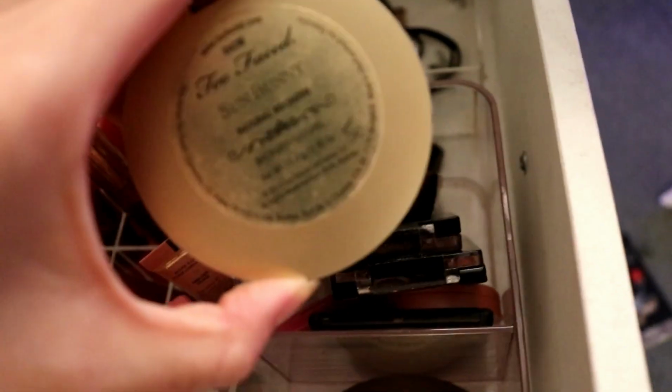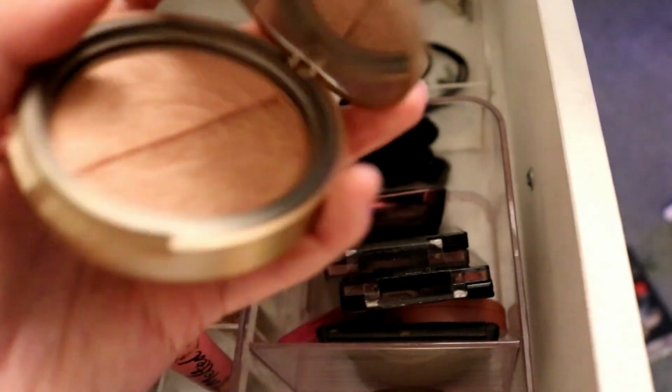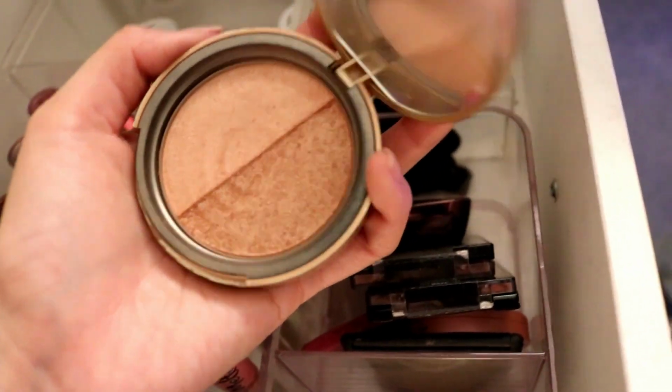This bronzer I actually really like. It is the shade, what is it? Sun Bunny. It's really pretty, so I think I'm gonna hold on to that one as well. But yeah, that's pretty much everything in this drawer that I'll probably toss. And this drawer